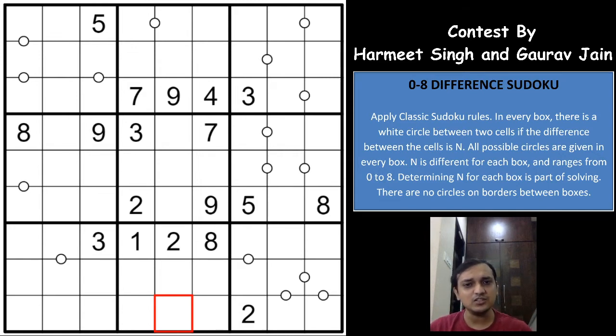The other thing to look out for is the difference of 8. The difference of 8 can only have one possibility, that is 1 and 9. So if a circle has 1 and 9, it has to be a difference of 8. We can try to find that one if at all possible. If it is a difference of 8, it can have only one circle or no circle. There are only two possibilities for the box to have a difference of 8.